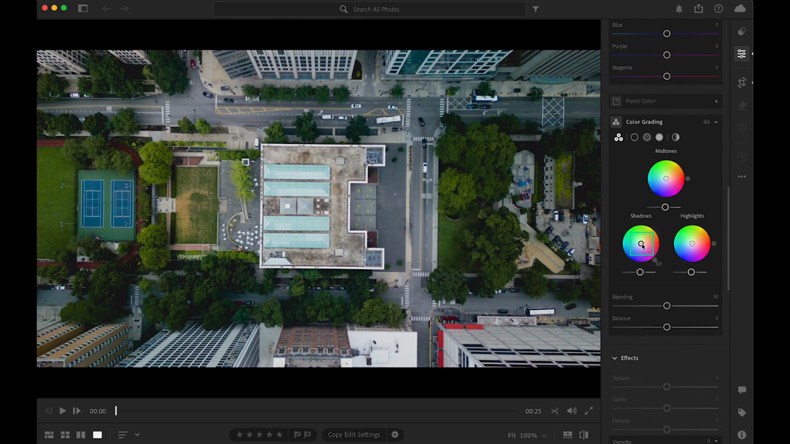So double tap to reset. By holding Shift, it locks the color grading slider on an axis. You see there it's picked a particular hue, and I'm locked to that hue, and I can just get more and more crazy with it. So what I'm going to do is double tap to reset, and then go to